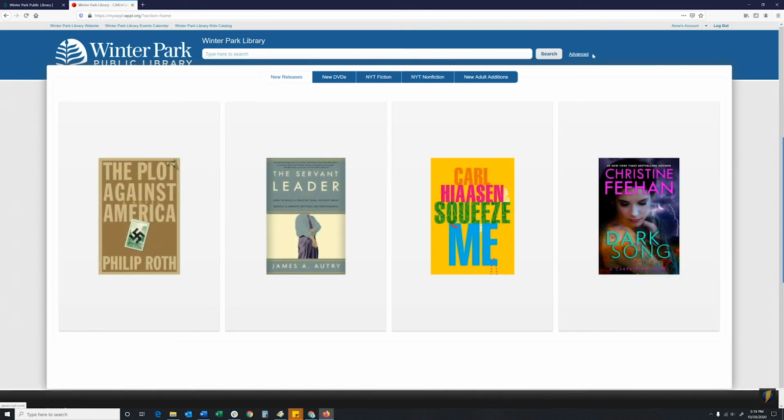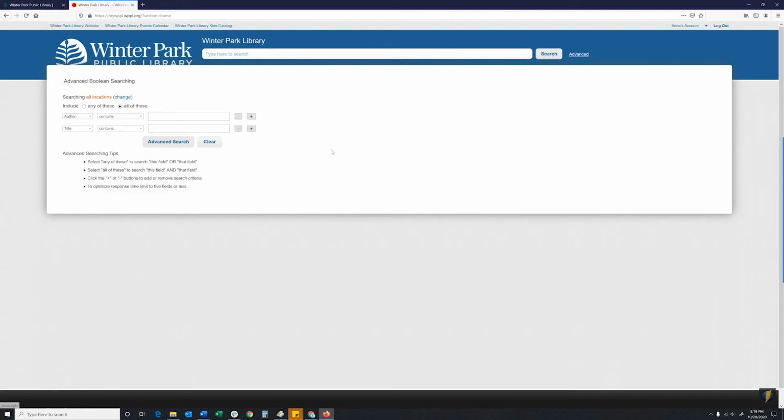Finally, I'm going to show you advanced searching, which you can access through the advanced button here. Your advanced search options default to author and title, but you can change those options using the drop-down menus. So, for example, you could search by series, or search without certain terms. If I wanted to search any field for Harry, but I wanted any field that does not contain Potter, this is a way to get results that are Harry books, but not Harry Potter books. So if I click on Advanced Search,